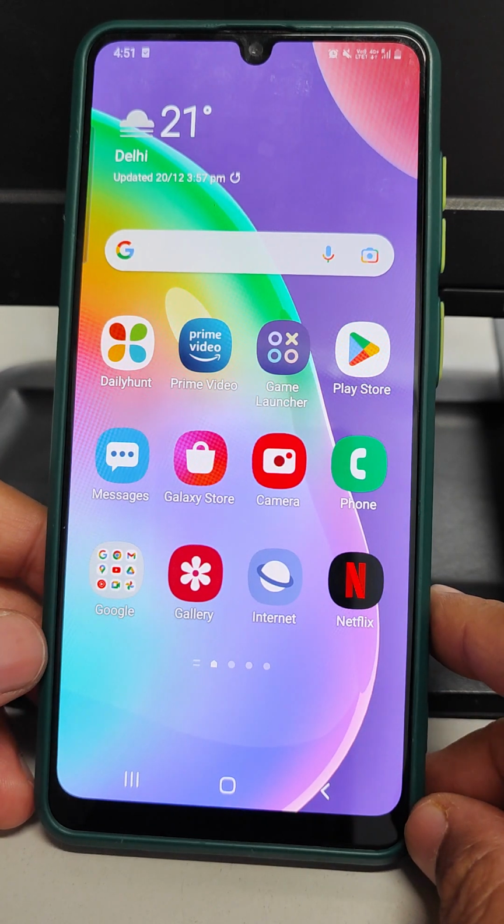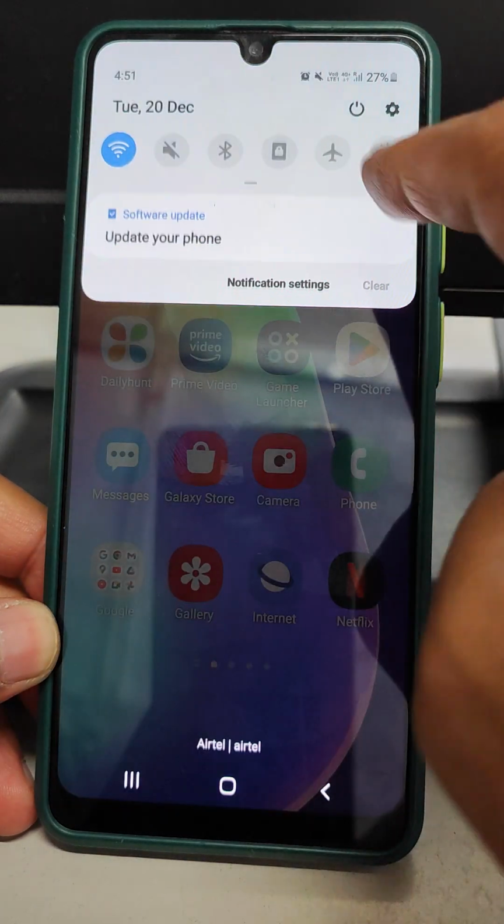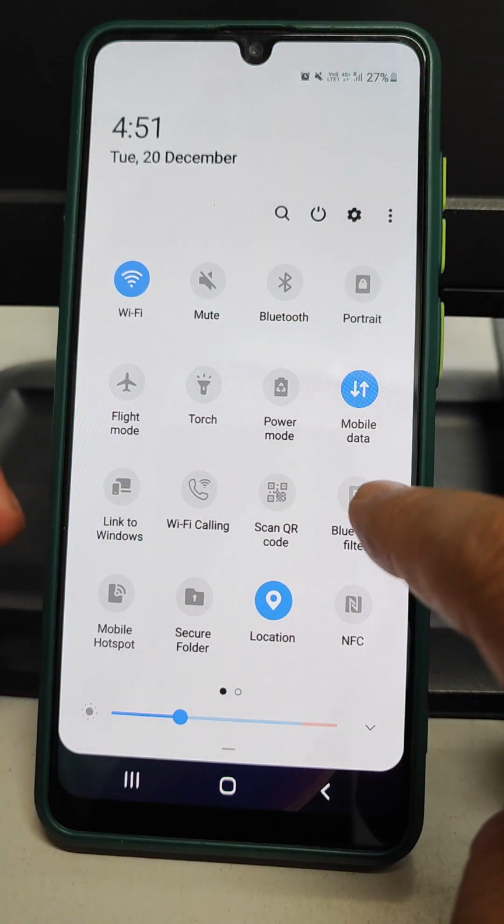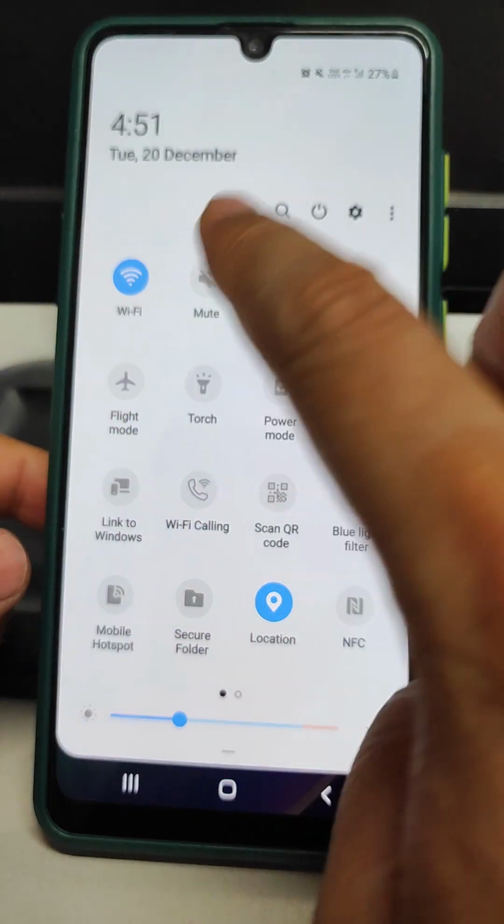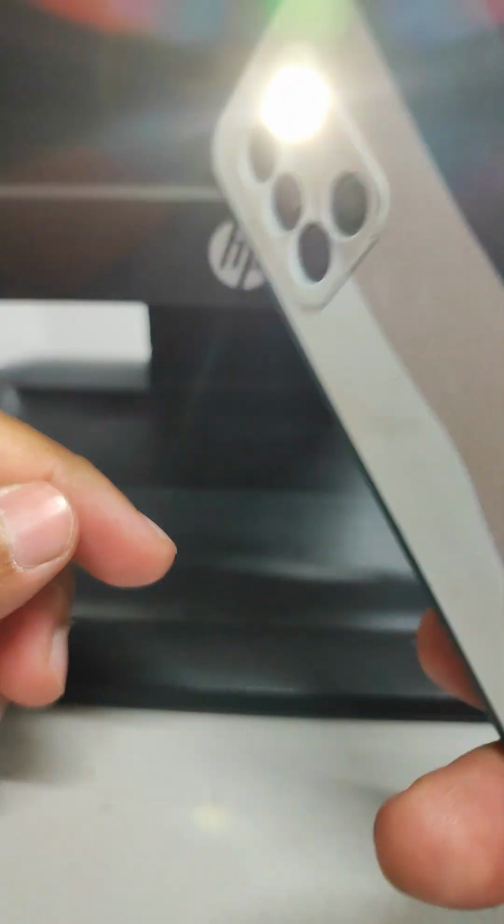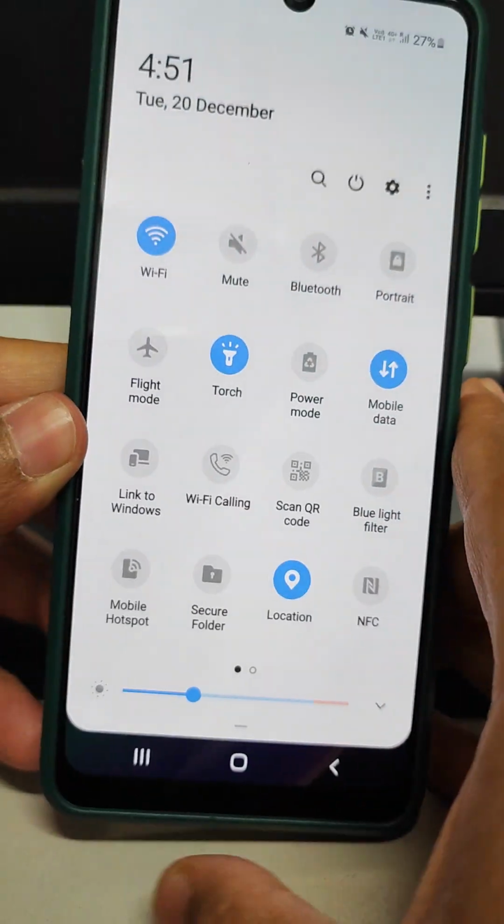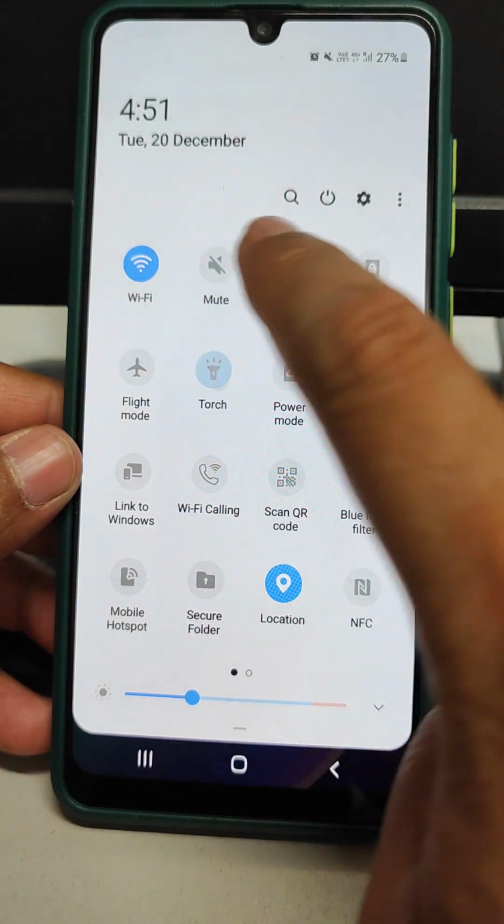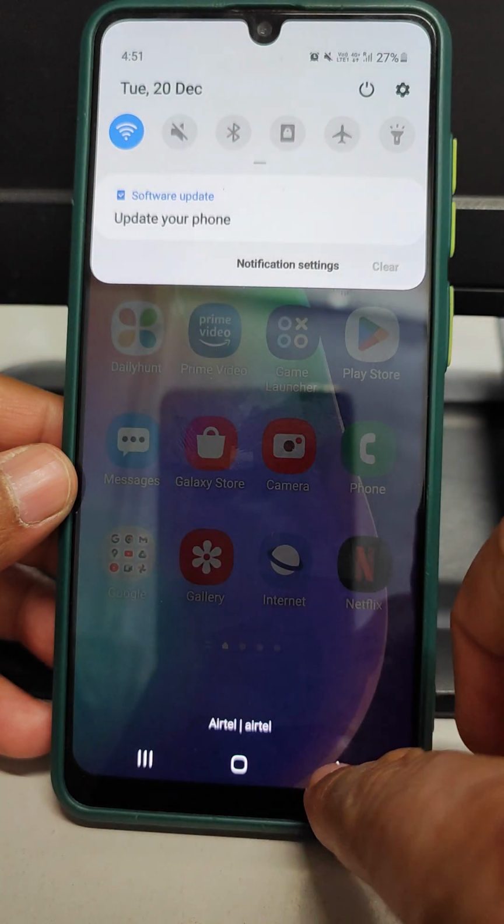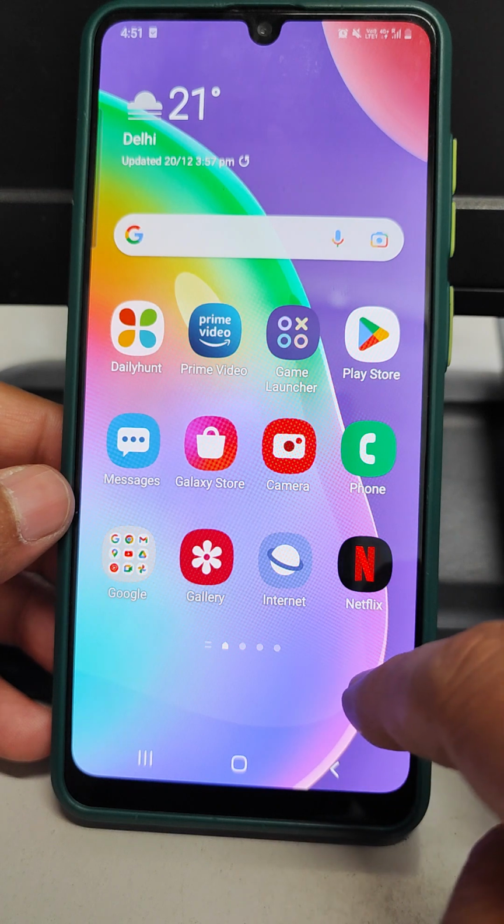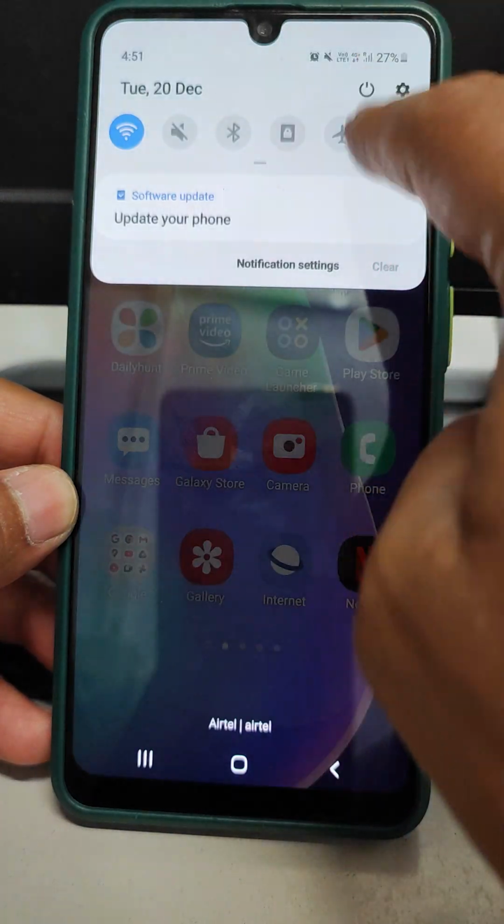So just coming to the flashlight, usually what we do is go to the notification panel and switch the flashlight on, and the flashlight is on. Now to make the thing simpler, what we will do is just go to the